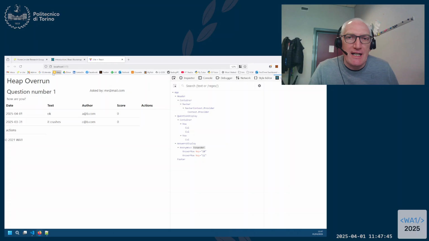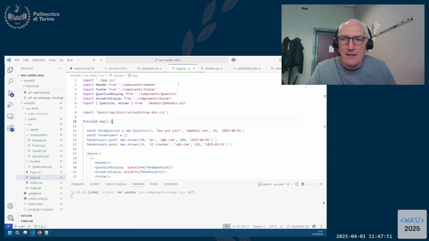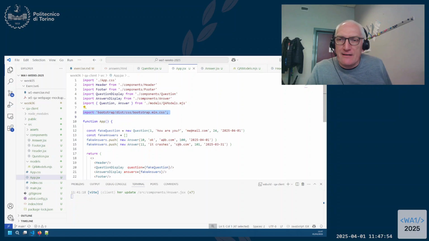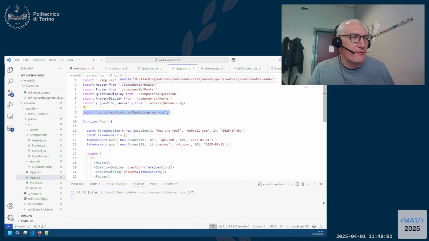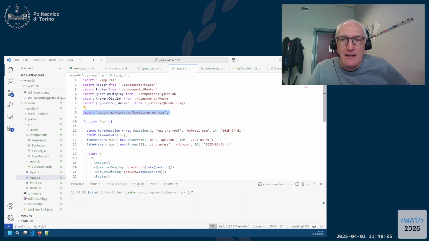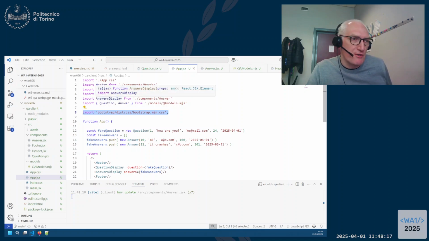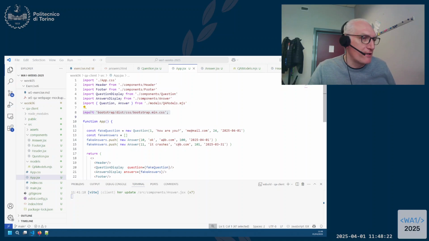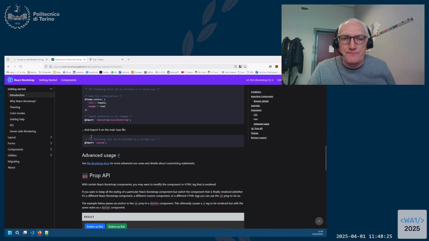Now they are, and the reason is that I just forgot one import statement, this line here. I forgot to put it in, but I didn't want to stop to check the documentation because I wanted to be more focused on the component design. So for using React Bootstrap, we need to import the CSS files that define Bootstrap, and then all the components that use those. So this line number 8 was missing, and if you check the documentation,